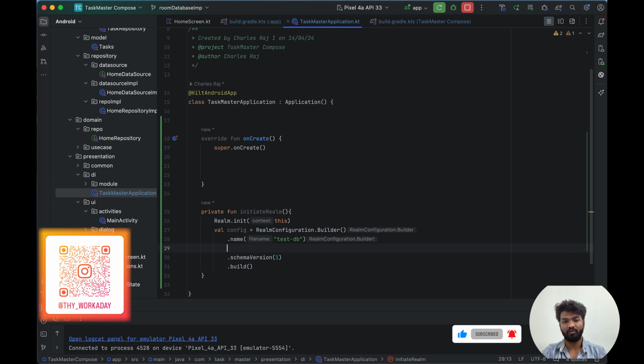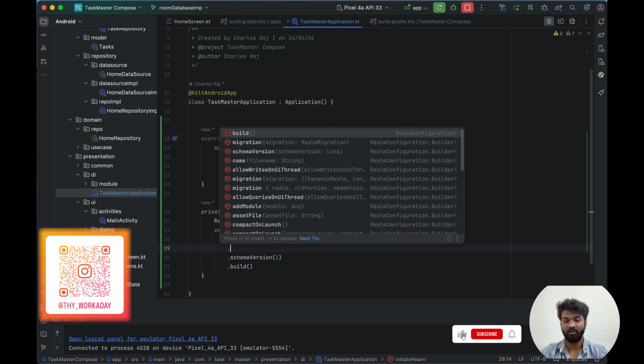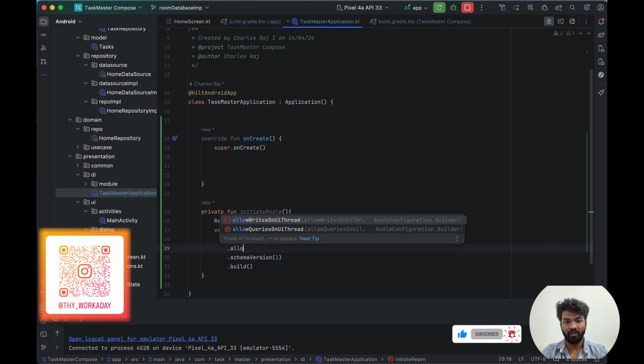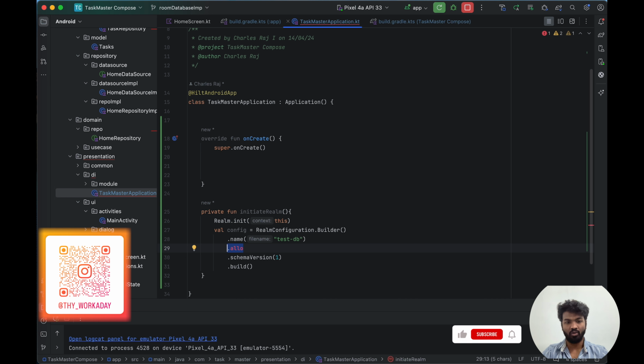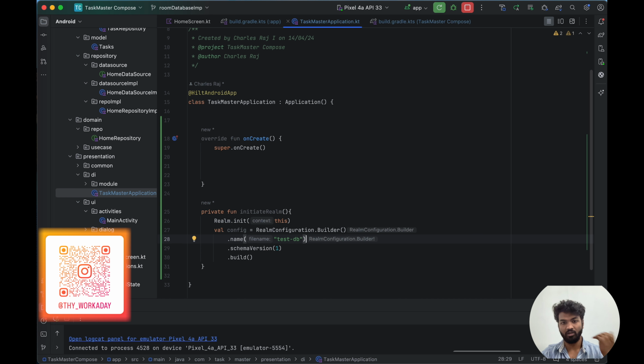Other than that, you have a lot of optional options. You have allow write in UI thread or query in UI thread. If you want to allow these things in the UI thread, you can directly implement this in your UI as well. If you are using Jetpack Compose, when a button is clicked and we need to save something, you can use this in the UI thread. But based on that, you have to handle things in your UI, the errors also. Any primary key issues will come, so those kinds of issues you have to handle in your UI thread. Normally it should be true. If you don't want to read and write in your UI thread,